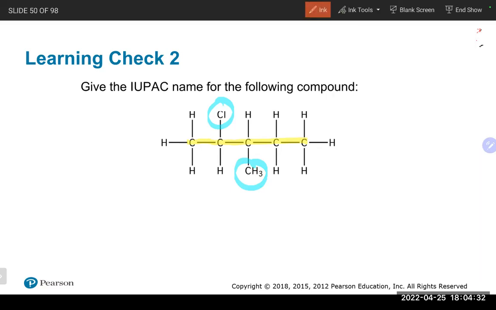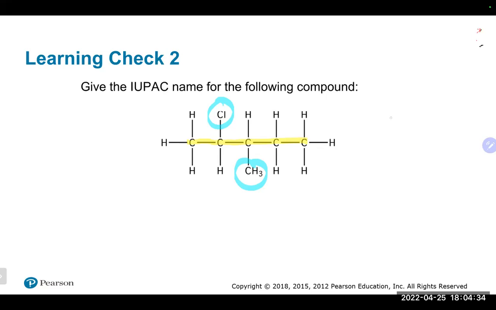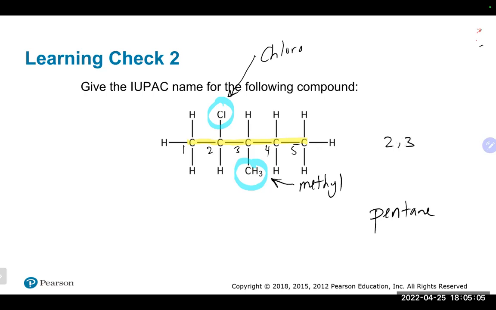So starting with the base of our name, which is 5, that obviously is all single bonded, so that should be pentane. We got a 1 carbon group, which is based off of methane, which becomes a methyl group. We have our halogen, which is a chloro group. We now have really 2 options to number. We could go left to right, which is 1, 2, 3, 4, and 5, which gives us groups at carbon 2 and 3.